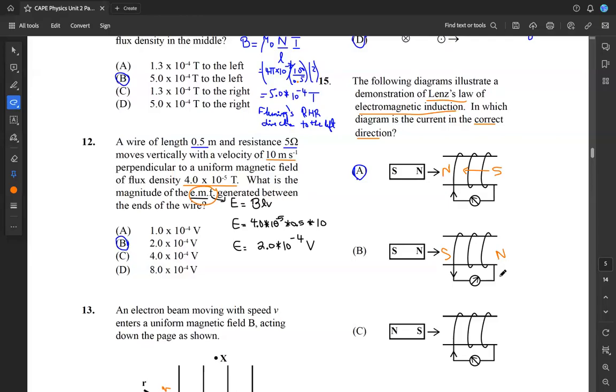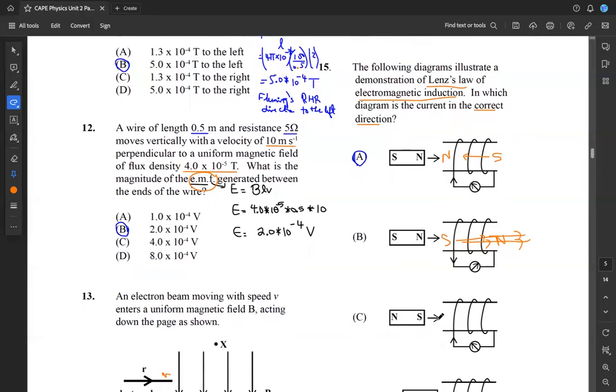So the field lines in this particular case would be going this way, right? So we know that there would be a south pole here and a north pole here, right? And so because of that, we know that this can't be right. But that's the kind of analysis that you would need to do for these ones